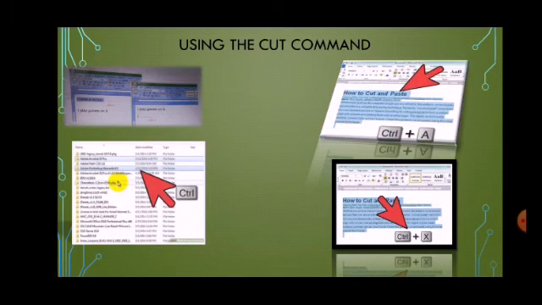This is used to cut the selected text in a document. You can paste this cut text in the same document or in another document by using the paste command. To cut text, you have to select the text you want to cut, then click the Home tab. Then click the Cut command from the clipboard group and move the cursor to the place where you want to paste your text, and click the Paste command from the clipboard group. So your text will be cut.